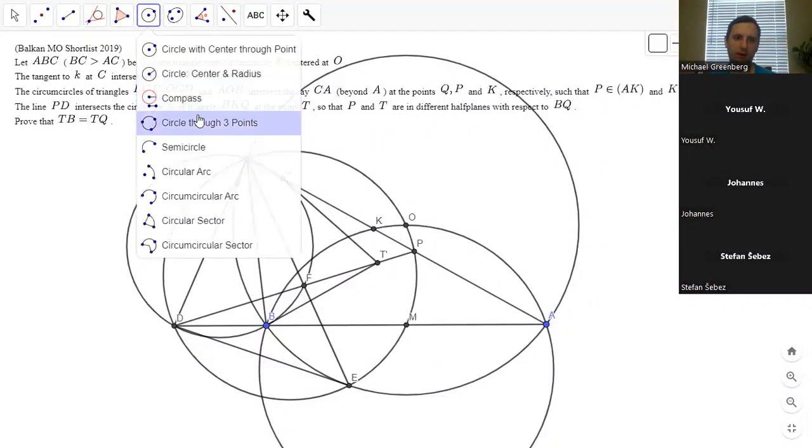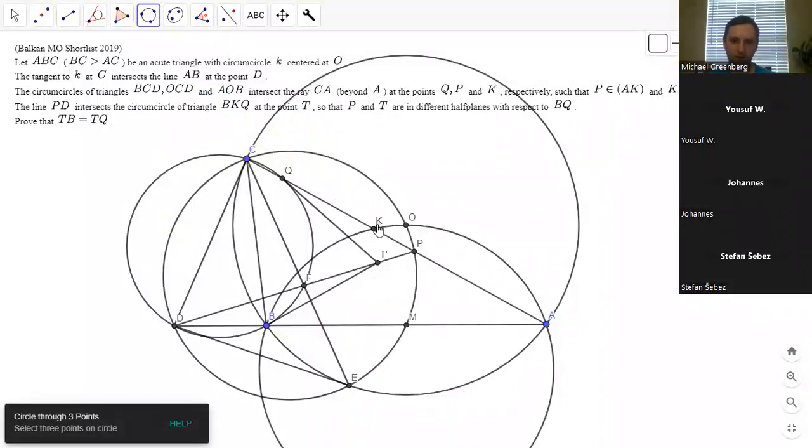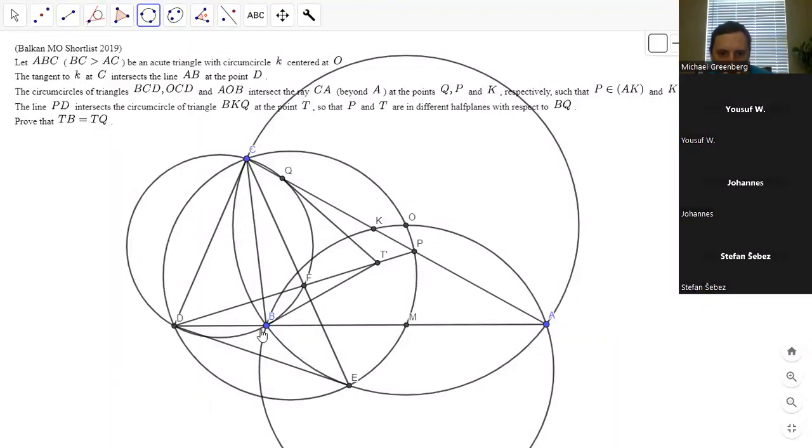But let's see if this is an angle chase. So yeah, it is. We have angle QKB. Wait, I'm not sure anymore. All right. Oh yeah, QKB is AKB is AOB, and